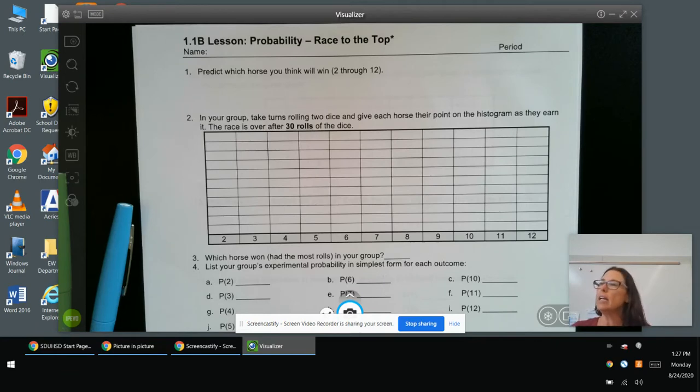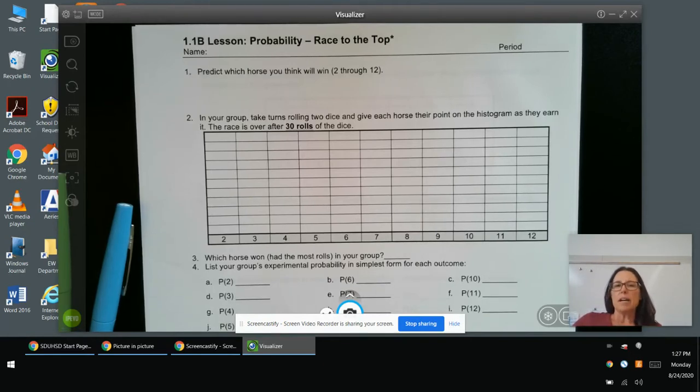There was a link posted in this post on Google Classroom that if you don't have dice laying around your house, there's a digital version that's pretty quick if you'd rather use that. Okay, so